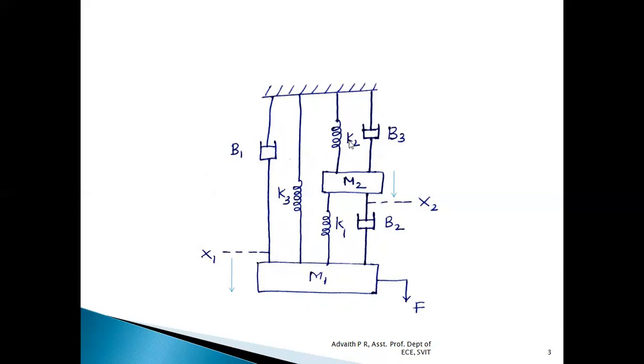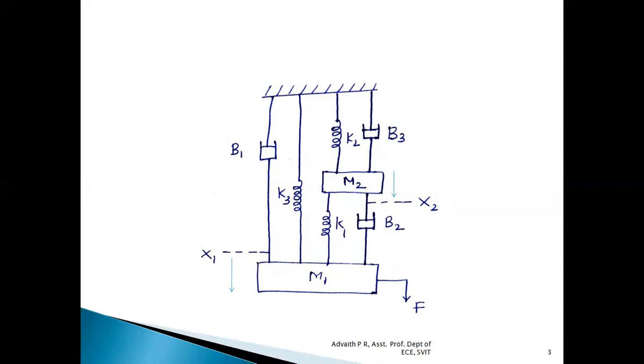The same thing is applicable for K2 and B3, because one end is connected to rigid support, the other end is connected to M2, which is in turn with respect to the displacement x2. Hence, K2 and B3 don't have any other special displacement. K1 and B2, anyhow, are already connected between the displacements x1 and x2. So in our problem, there are only two displacements, x1 and x2, with respect to mass elements M1 and M2. Using this, we can write